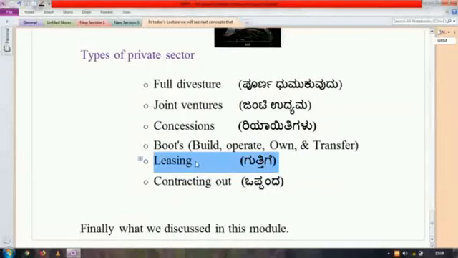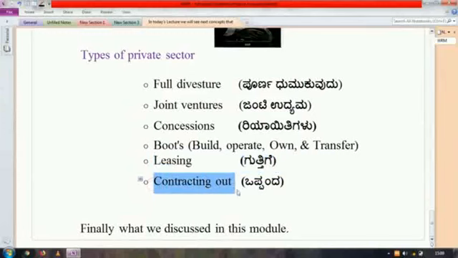Then contracting out. As we already know the meaning of contracting, it is the least form of private sector involvement. A water undertaking subcontracts certain functions to private firms, for example meter reading or collecting the funds. Even when water services are provided by the private sector, the government still has a key role in providing clear regulatory frameworks and ensuring that the poor and vulnerable users are protected from excessive cost. So this kind of activity comes under contracting out.